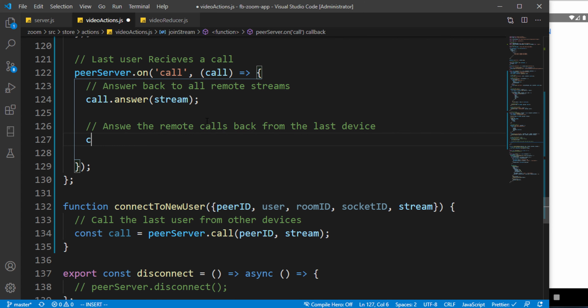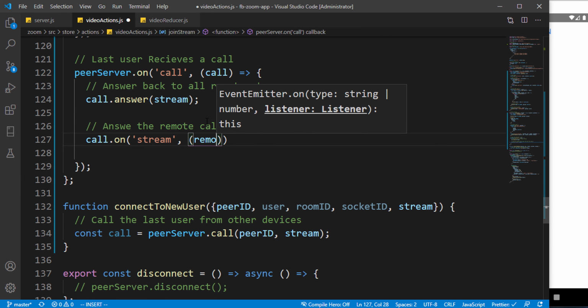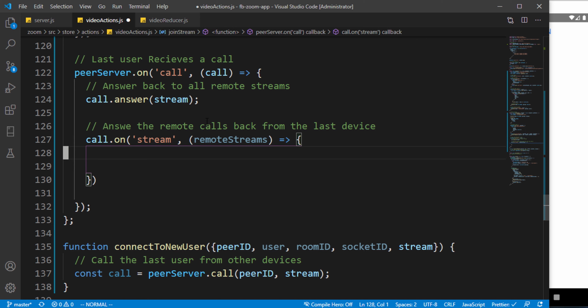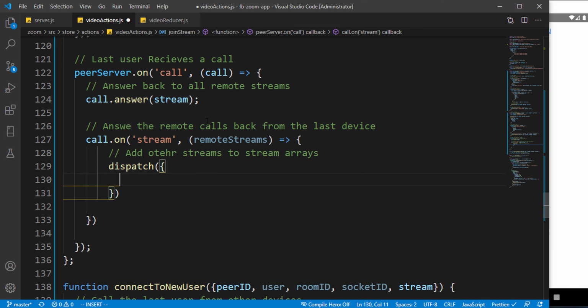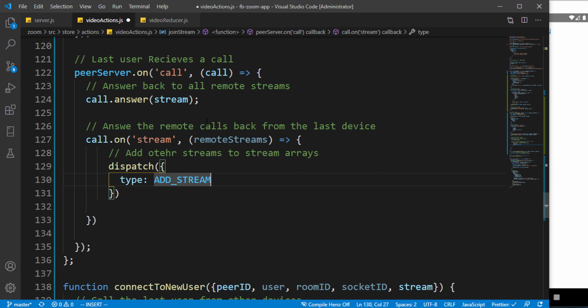We can say call.onStream, which is going to get the remote streams, and then here we can add other user streams to the stream array. So here we can quickly dispatch a type of add stream, and then with a payload of